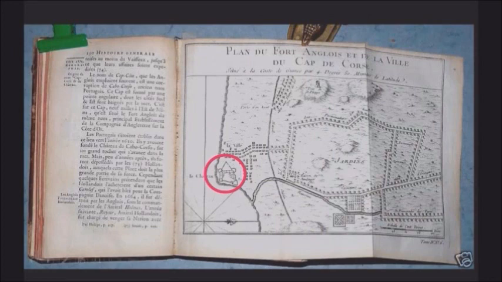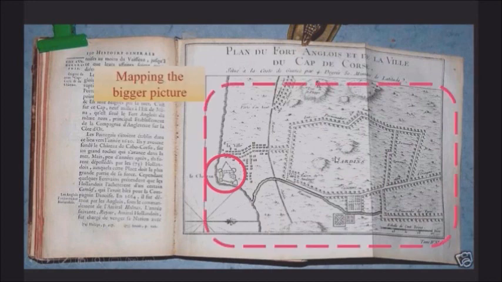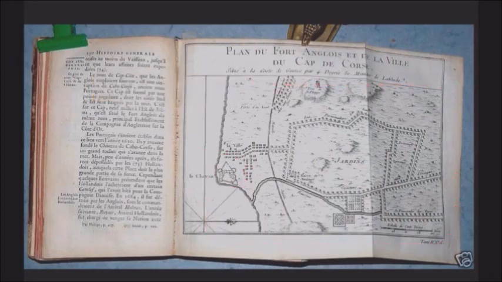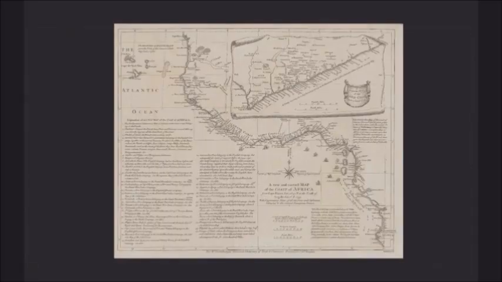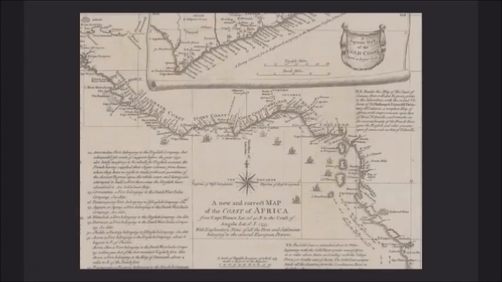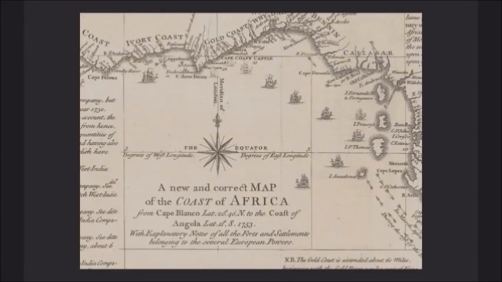We can understand the relationship then between this kind of castle and this kind of garden, as it's called in the French, jardin. We can map the bigger picture. We need to map the bigger picture. And we need bigger maps. We can look at the bigger maps in greater detail now that we can blow them up in digital form and examine this one, for example,